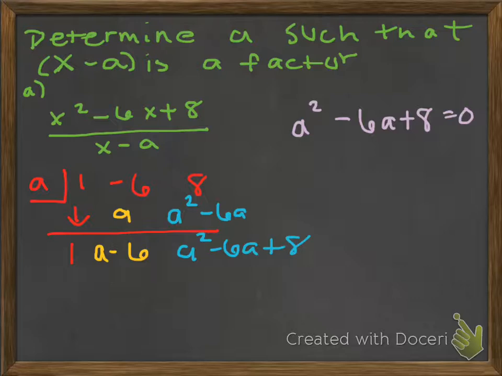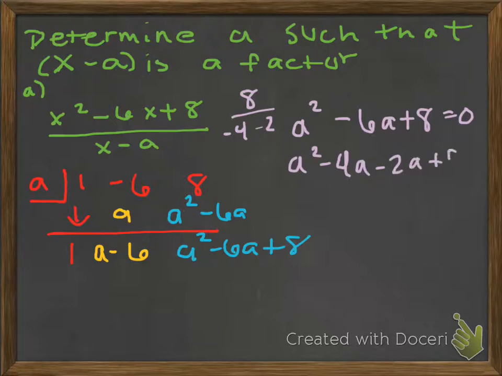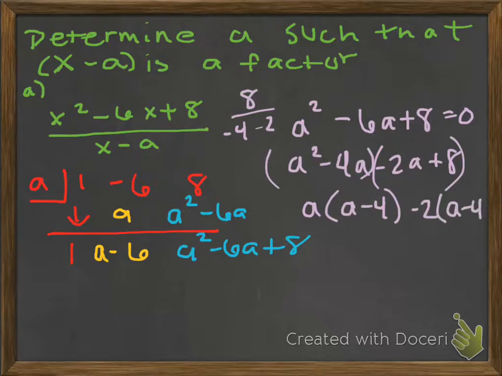So this is factoring. The combination that multiplies to be 8 and adds to be negative 6 is a negative 4 and a negative 2. So I have A squared minus 4A minus 2A plus 8, and we group. I can take out an A here, and I'm left with A minus 4. I could take out a negative 2 and an A minus 4. So I have A minus 2 and A minus 4. And if these are both set equal to 0, the two answers that I get are positive 2